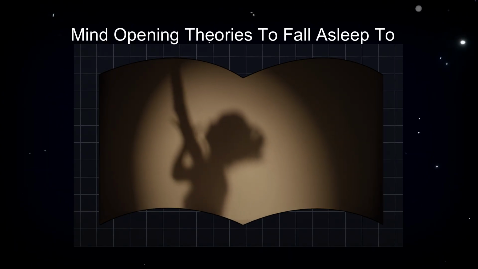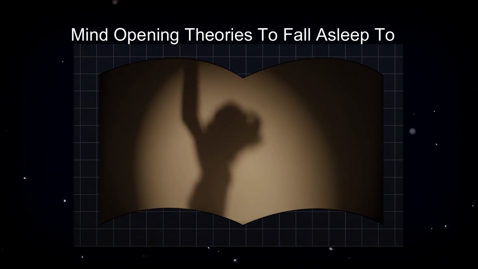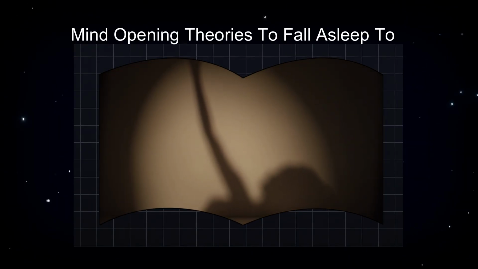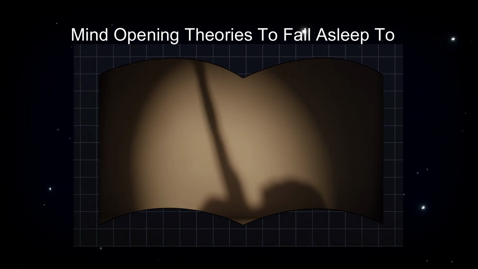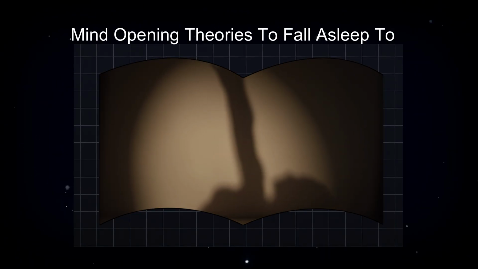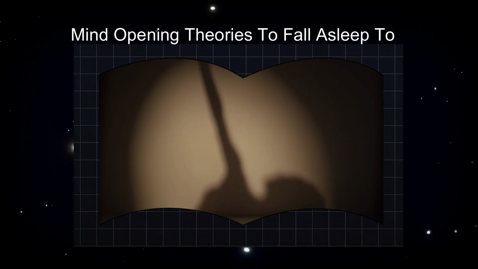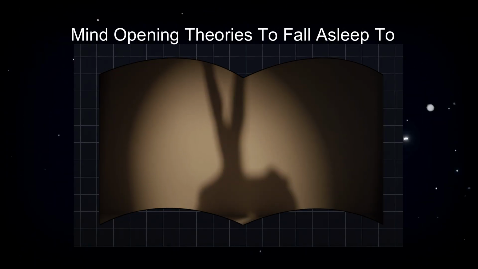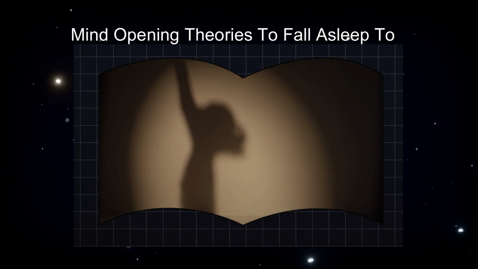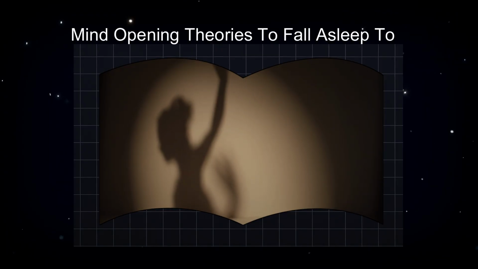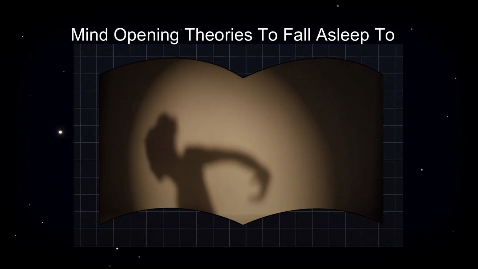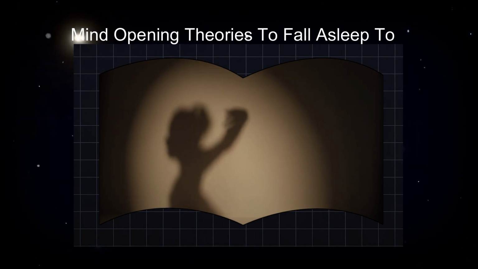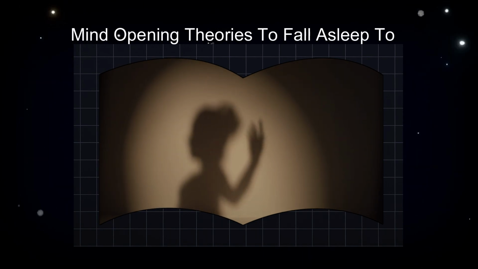Panpsychism, the idea that consciousness pervades the universe. Imagine looking at a tree, feeling the breeze, or gazing up at the stars. Now, what if all these things, the trees, the air, even those distant stars, had some form of consciousness? This is the core idea behind panpsychism. A bold and ancient view that says consciousness isn't limited to just humans or animals. Instead, it might be a fundamental feature of the universe itself.